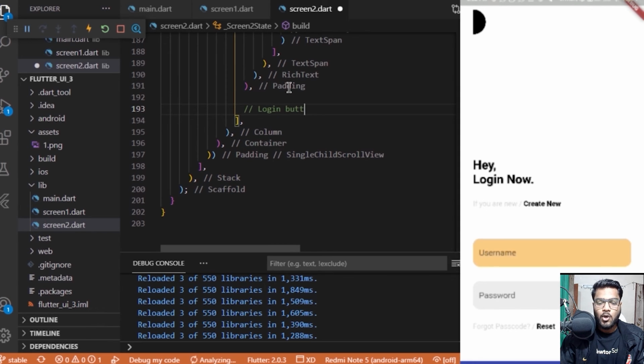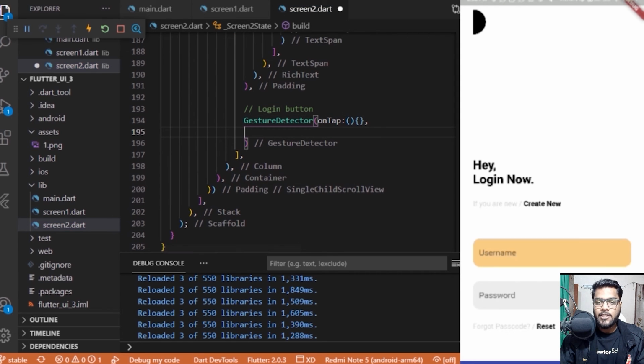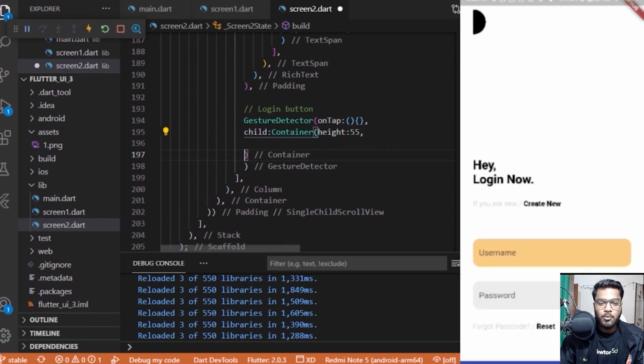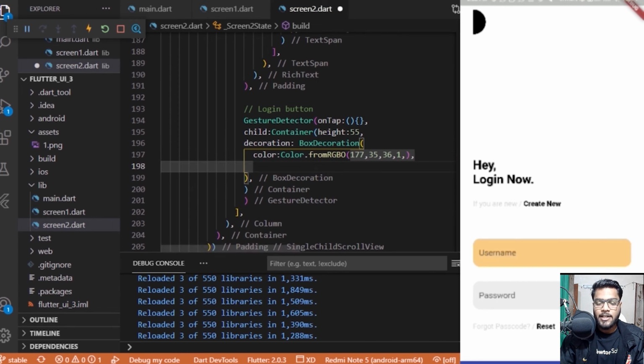Now inside this column we need to add some other widgets as well. So basically a login button, for which I'll be adding a gesture detector, because this will enable us to push a new screen in the stack and a new screen to be displayed to the user. So adding that, for now I am keeping it as null. I'll be adding the child at first. After that we'll be implementing the navigator.push thing for this gesture detector.